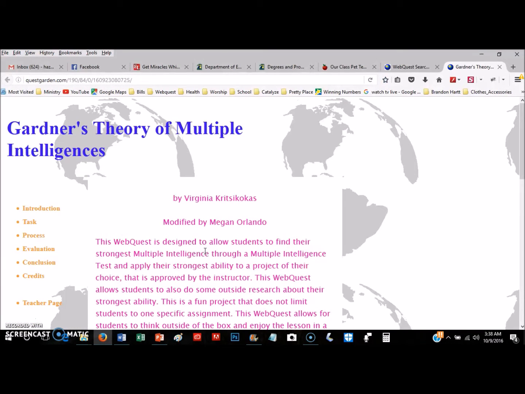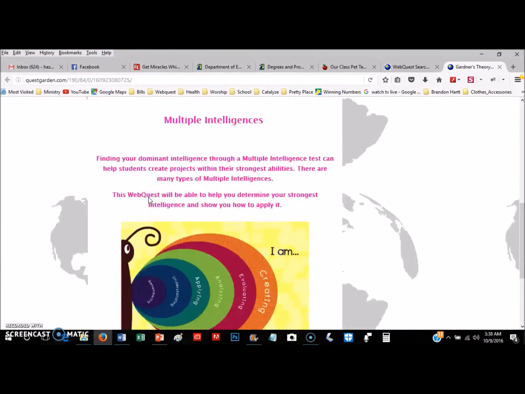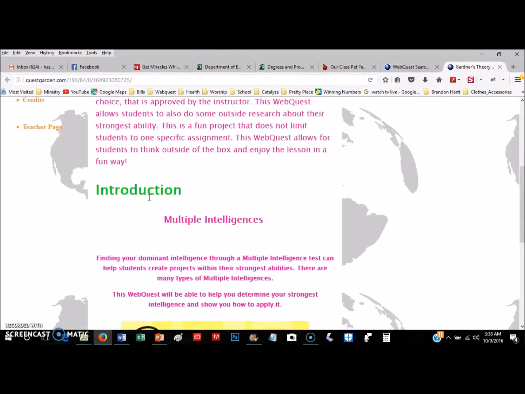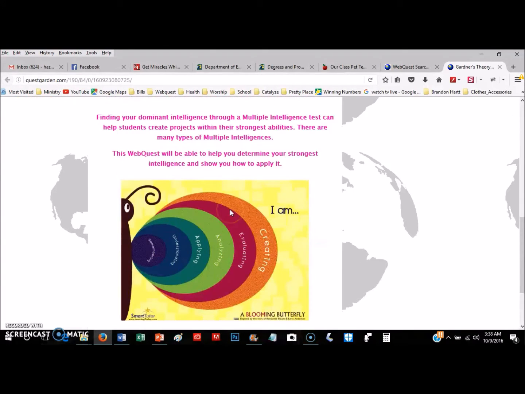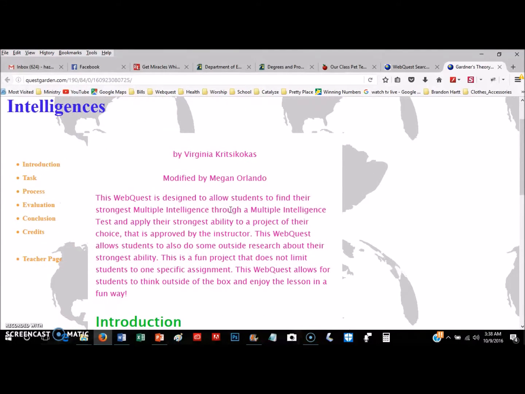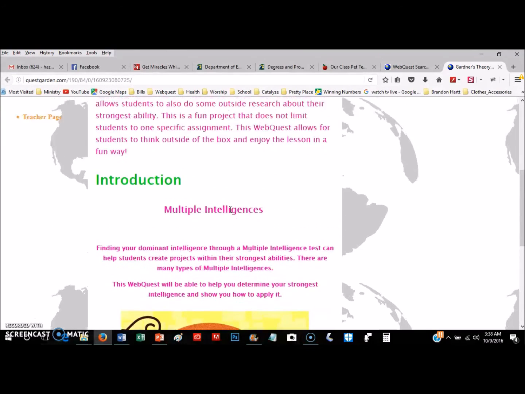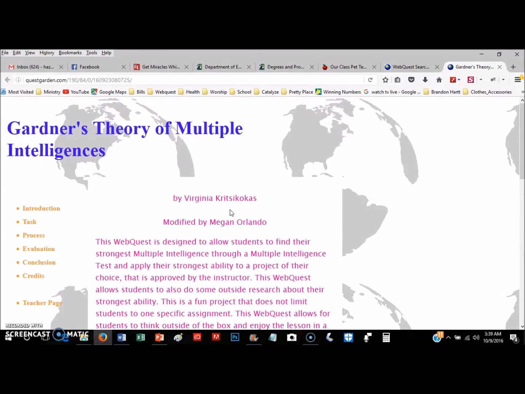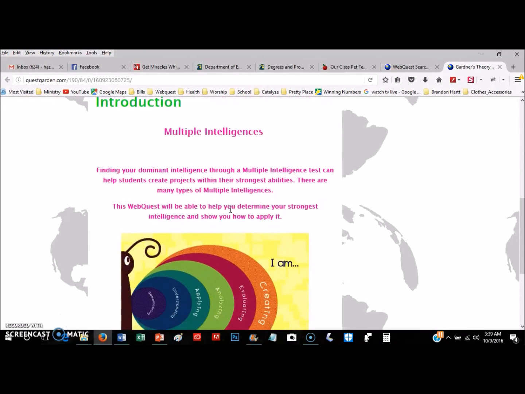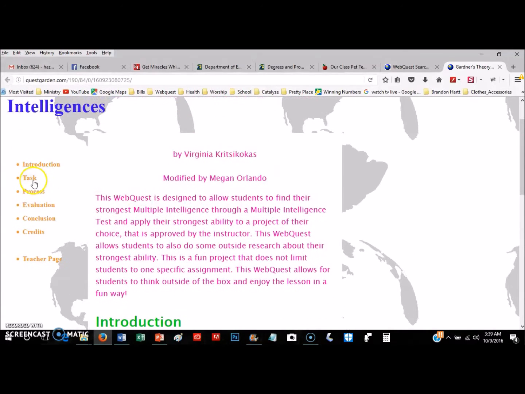We'll click on that. And you see over here they have the steps, just like we've learned in the previous videos about how to create a web quest. This would be your title and introduction page. And notice they have a graphic here. And though we will be doing ours in a Google Doc, you can see how they've laid it out on the page here. You can do the same thing in your Google Doc. So then they go to the task,